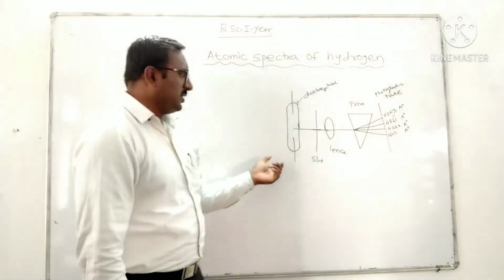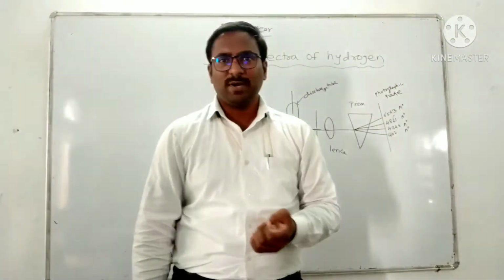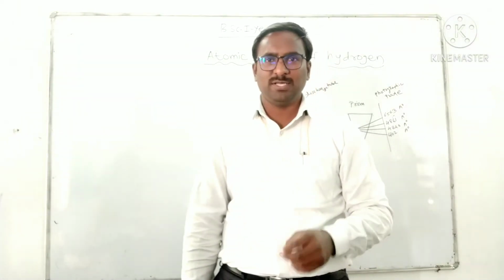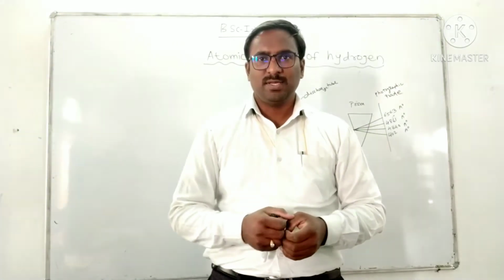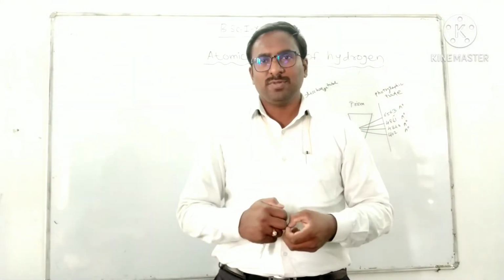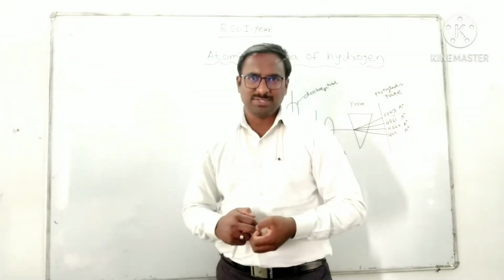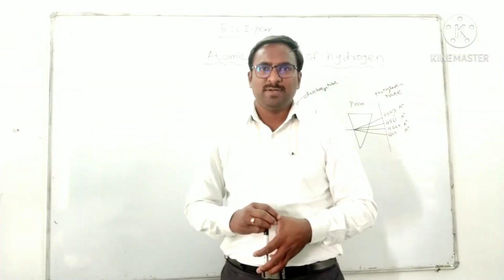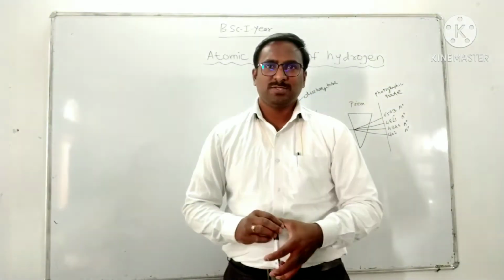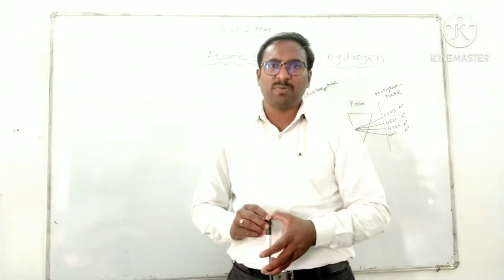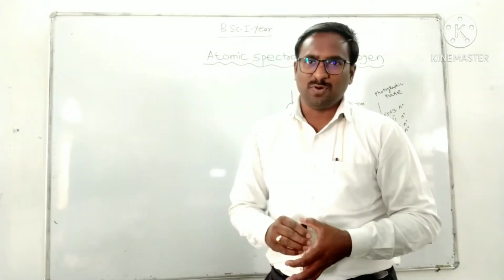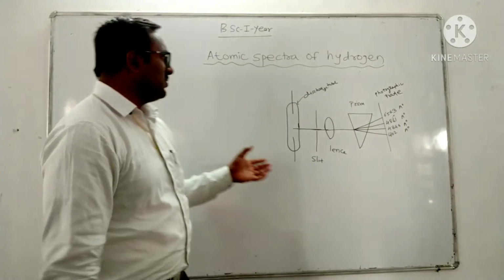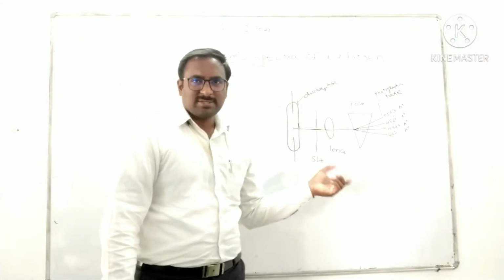The hydrogen spectrum is important because on the basis of the hydrogen spectrum, some atomic models were proposed that we want to study. Bohr's atomic model is based upon the hydrogen spectrum, isn't it? We know the dual nature of light, particulate and wave nature. There are some drawbacks of the Rutherford atomic model. Why is the spectrum obtained discontinuous? The quantum theory of radiation was proposed, stating that emitted radiation is in the form of quanta of radiation, so a discontinuous spectrum is obtained. So we will study the answers to these questions, that is, the spectra of hydrogen gas.